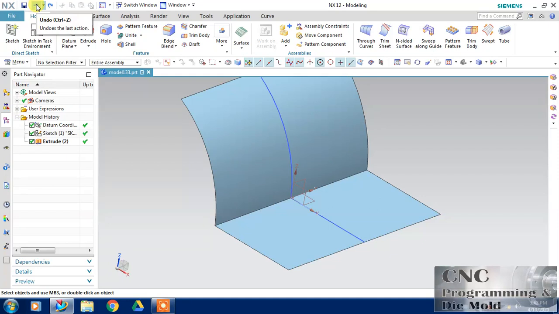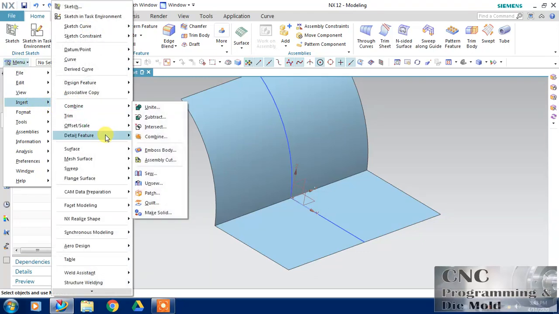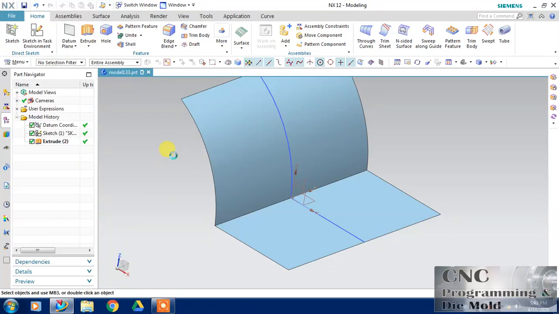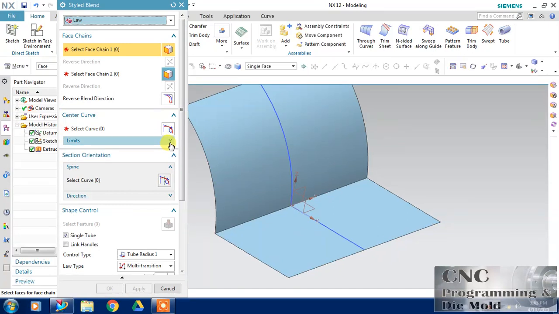Now for my second option, I will use insert detail feature and the style blend. First I will take this law and select the first piece, and then the second piece, center curve, and the result is like this. Now I want to